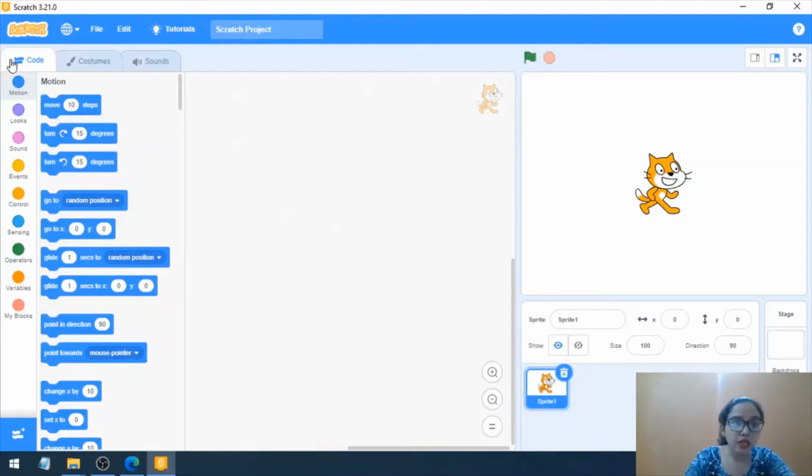Now in this section also we have got two more categories. If you look here, we have costumes. But before talking about costume, let me first talk about the sprite to you. Now what is this sprite? Sprite is nothing but the main character, or I can say the hero of this entire Scratch 3.0. Basically this Scratch programming is nothing but the block based programming language wherein you can develop your programming logic without getting bored, right?